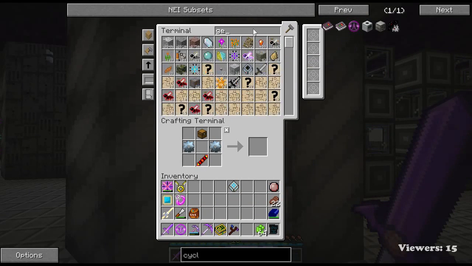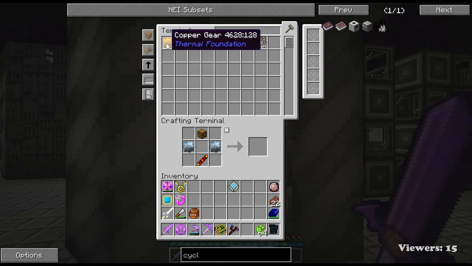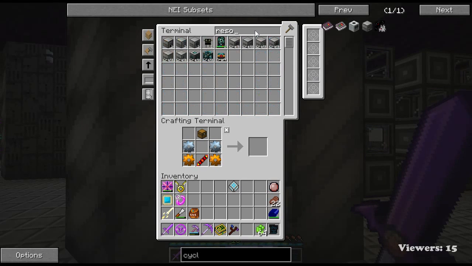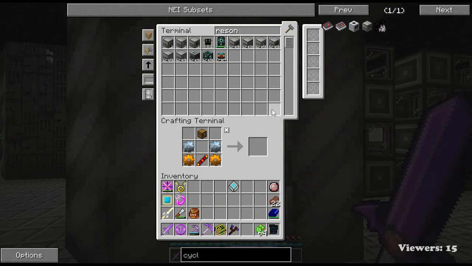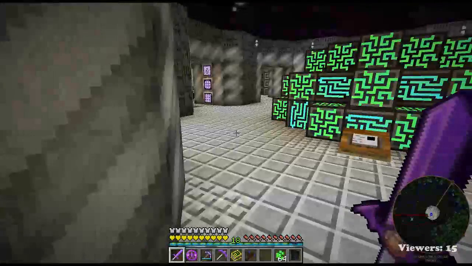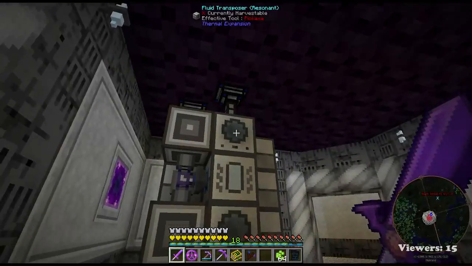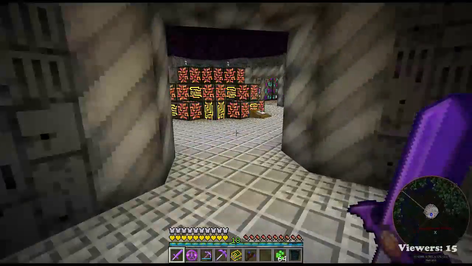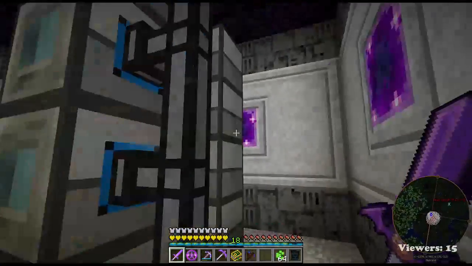We're missing some copper gears. And a resonant machine thingamajigger. Alright, that'll take just a second. In the meantime, where are we going to be putting this thing that has water? Actually, we do have...